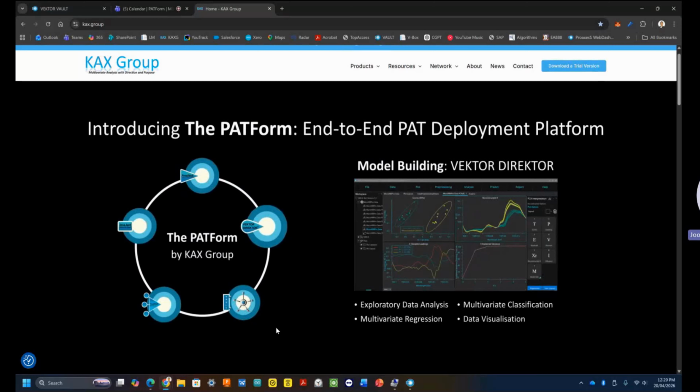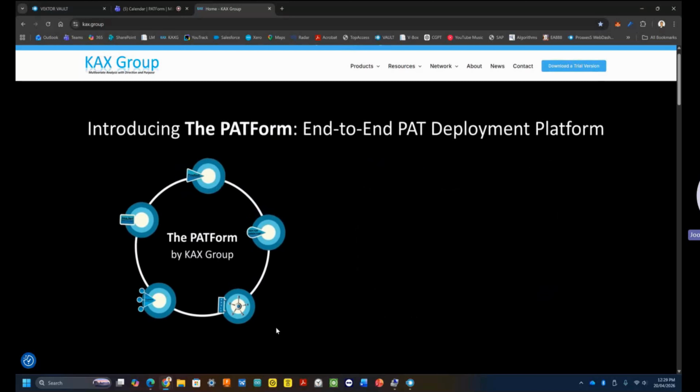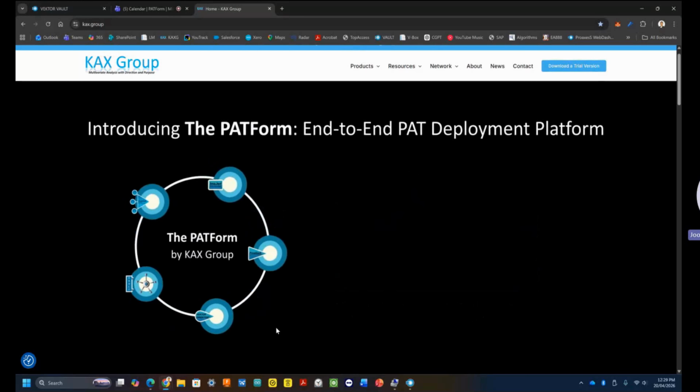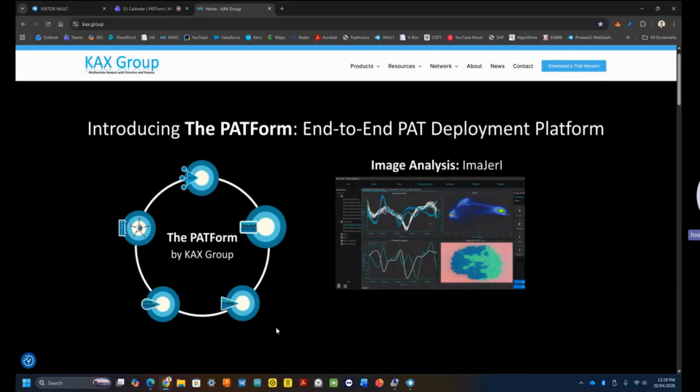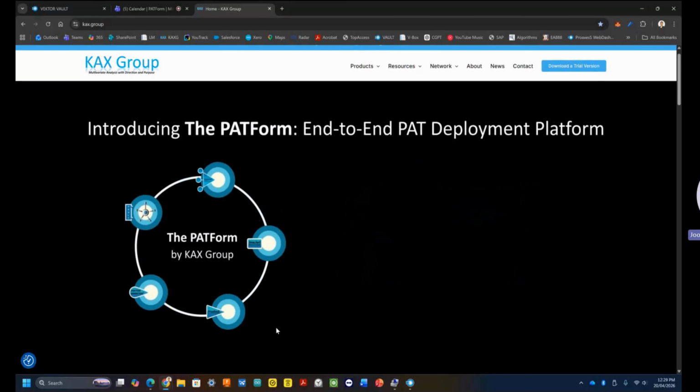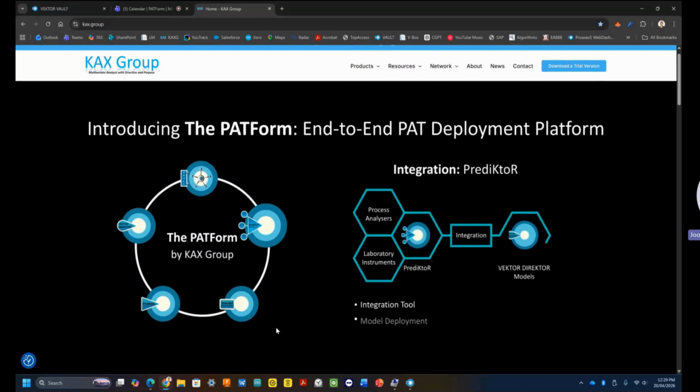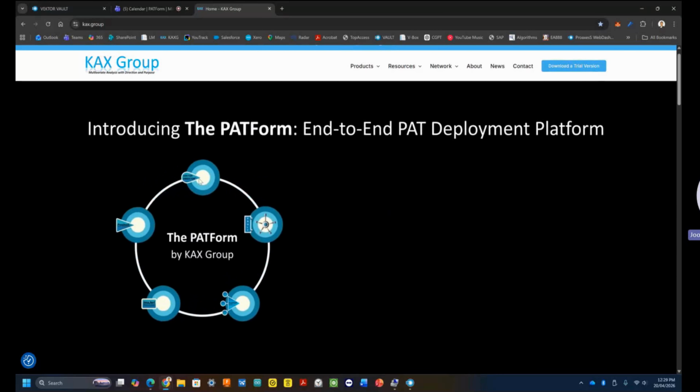An approver locally would approve the data. The developer then can import those models into ProAccess and create a ProAccess method that gets sent to Vector Vault again for approval. And once approved there, you can then assign that method to an operator and run it in GMP mode. So we'll go from step one,